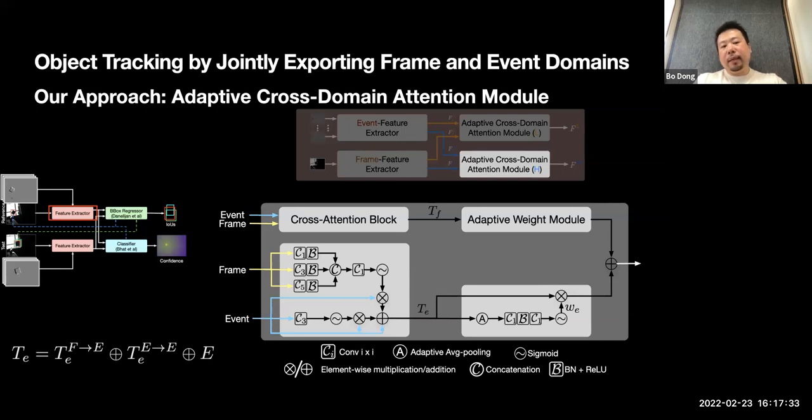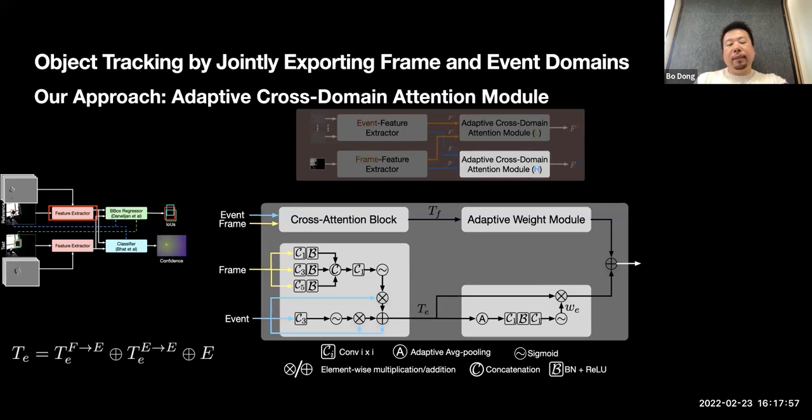But in some cases, for example, in degraded conditions like high dynamic range, the frame-based conventional camera cannot really sense anything, but the event camera can still sense things. In this case, we want to depend more on the event domain. So that's why we developed this